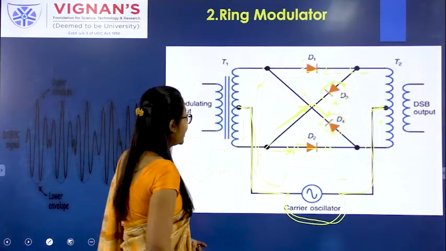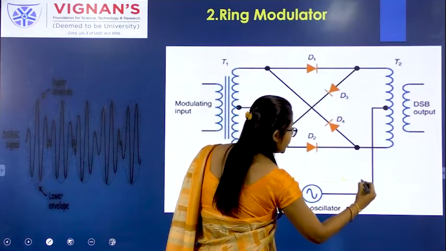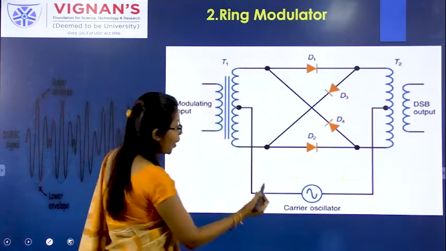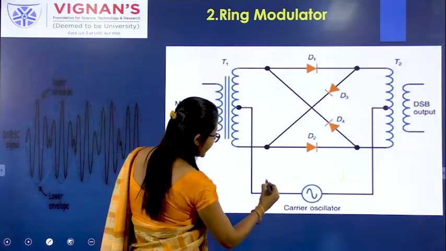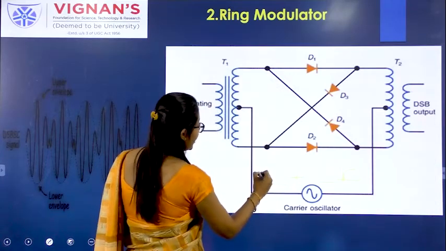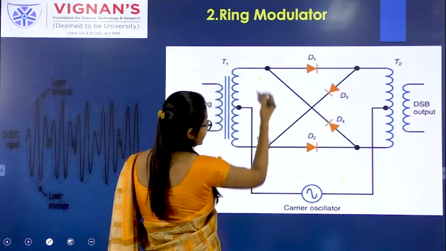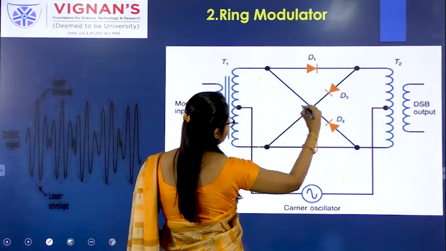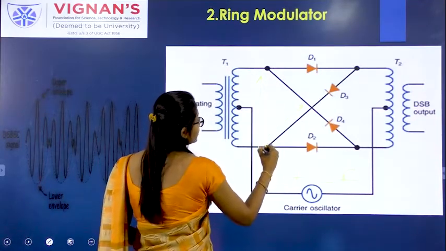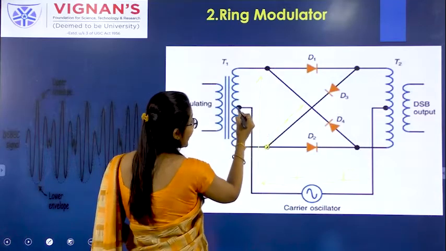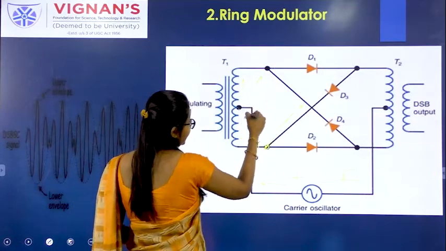In the positive half cycle, I am applying the carrier signal positive. So now see how I am drawing the flow diagram. Current flow positive means it will flow like this, right? The current direction will go, and here, and also it will pass this side and this side. So there are two, here one, so it will go like this and it will go like this. As a center tap transformer, the direction will be changed, right? The direction will be changed.